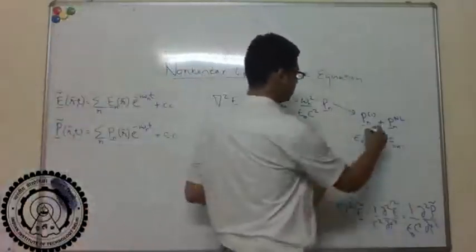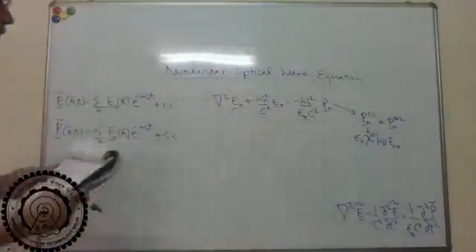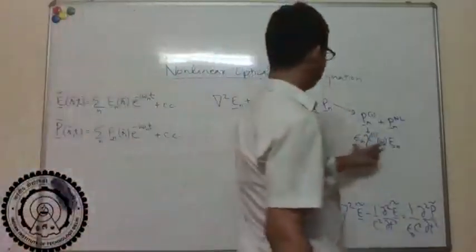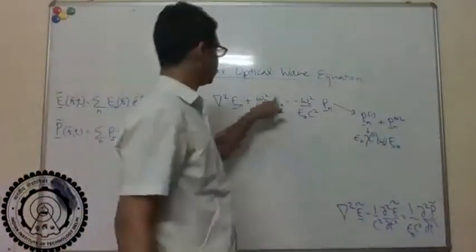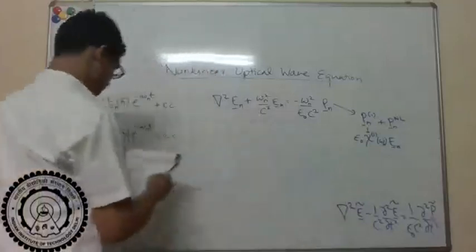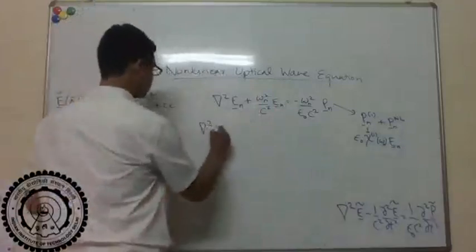Times e, right? So that's the linear part, right? So that's also proportional to En. So we can take that term to the other side and combine with this term En on the other side, right? So then we get